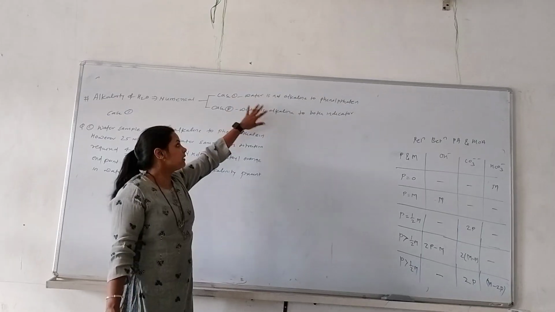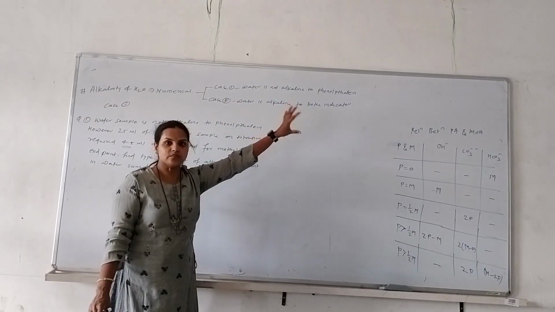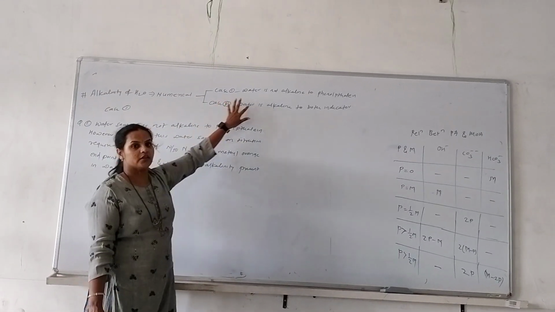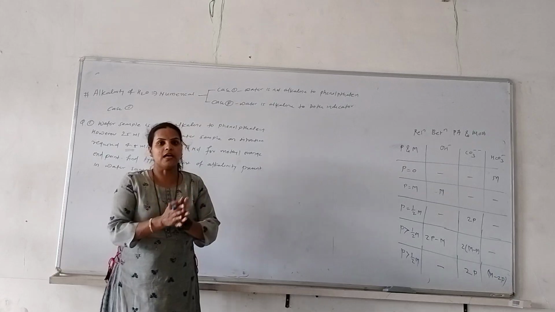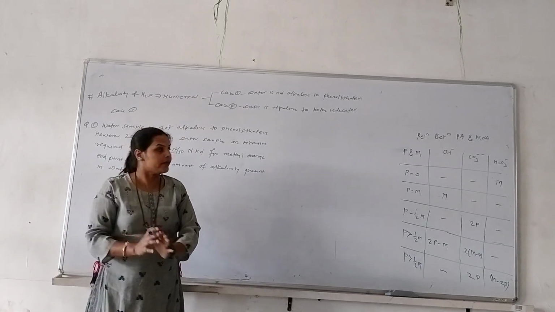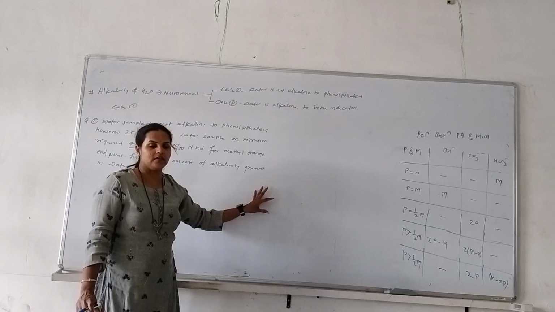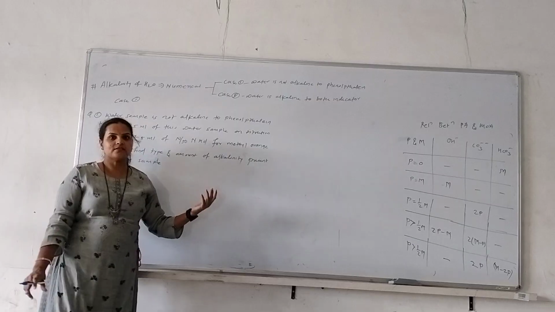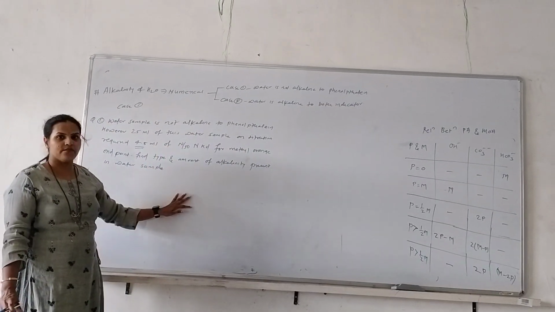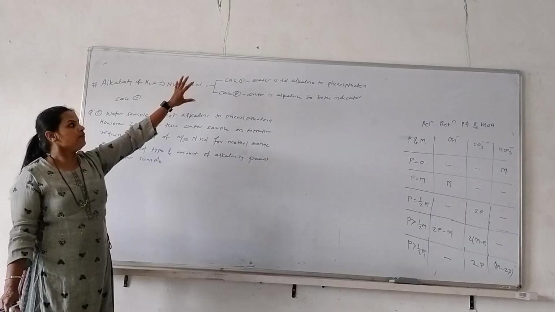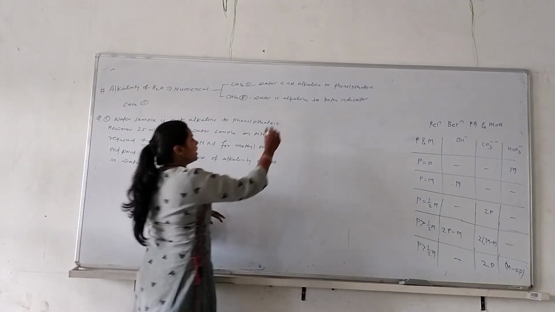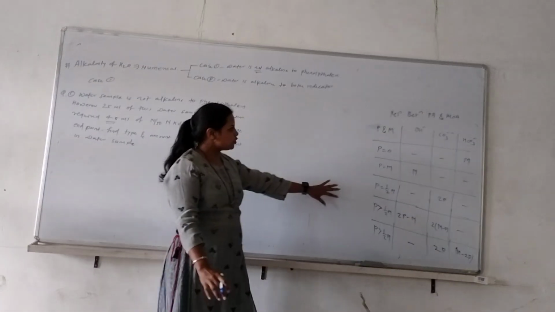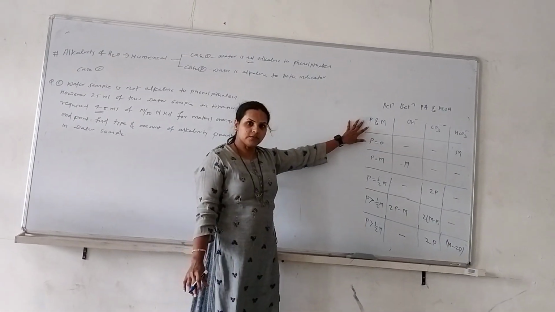Case 1: if our water sample is not alkaline to phenolphthalein, what type of solution is there? And the second case is when water is alkaline to both phenolphthalein as well as methyl orange indicator. At that time, how to solve the numerical? We are going to discuss that one by one. In today's video, I am going to explain the first case, when water is not alkaline to phenolphthalein indicator. Before going to the numerical, this is the table showing the relation between phenolphthalein and methyl